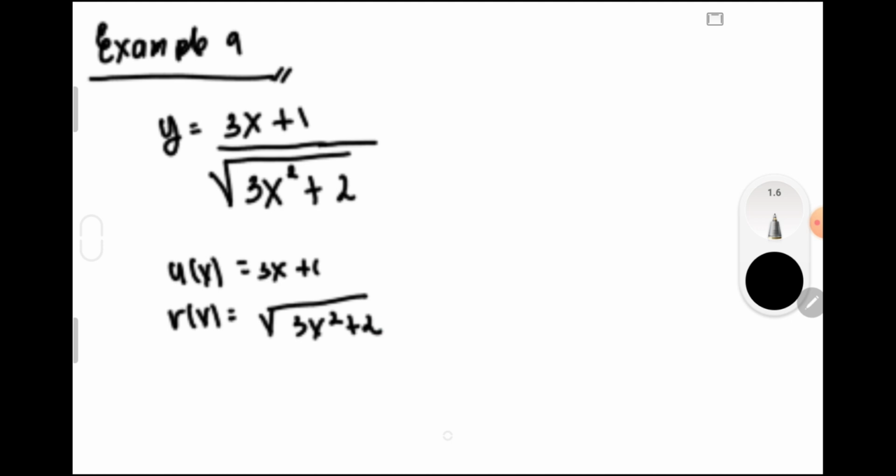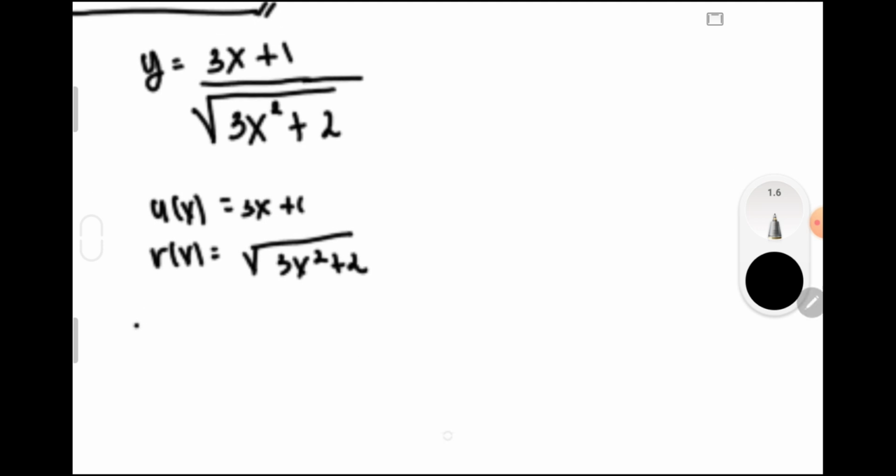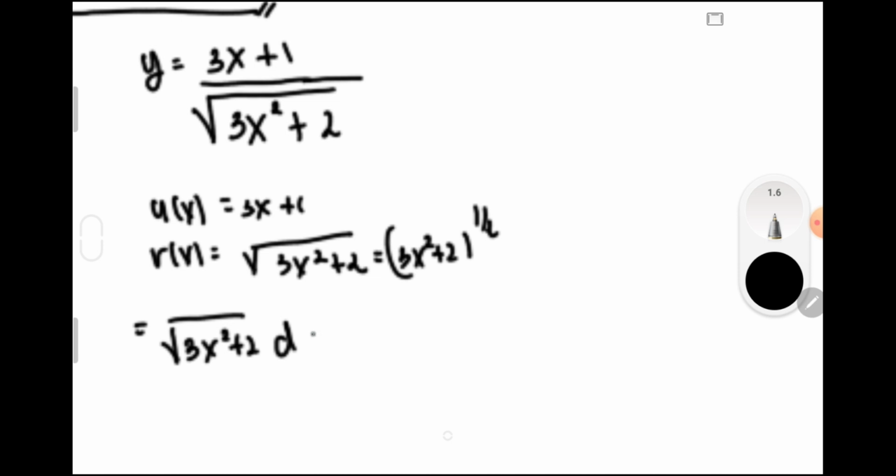So paano yan? Gamitin natin yung ating quotient rule, wherein take note that this can also be written as 3x squared plus 2 raised to 1/2. Tama? So from this we have v of x which is equal to square root of 3x squared plus 2 multiplied by the derivative of u which is equal to 3x plus 1 with respect to dx minus our u of x which is equal to 3x plus 1